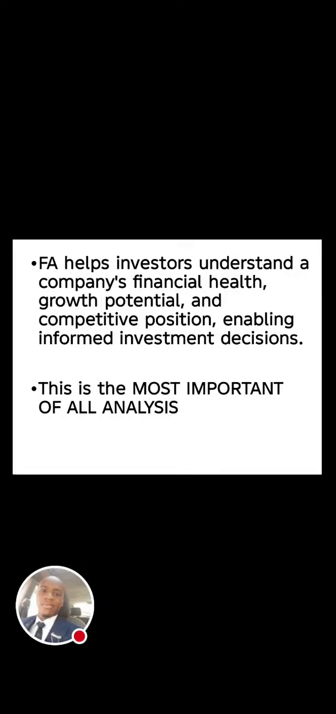Now, lastly, I said something here. This is the most important of all the analysis. The fundamental analysis is the most important. And the reason why I said this is the most important is the fact that no matter the noise made around the coin, no matter what happens, if you don't understand the fundamentals behind the coin, it can actually collapse and you will end up losing your money,